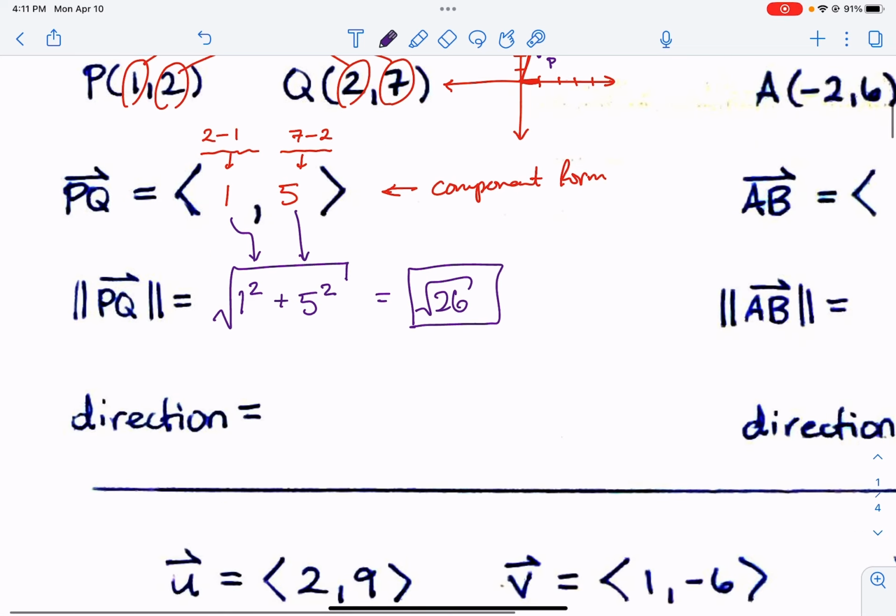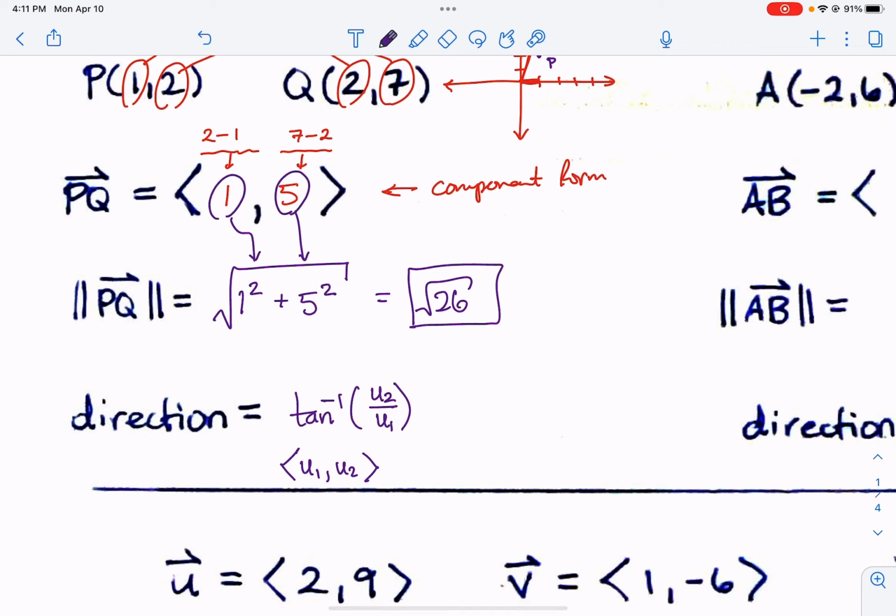And the direction formula, that is the inverse tangent formula, right? It is inverse tangent of u2 over u1. And if you don't remember, the u2 and the u1 come from your component form. So they are whatever numbers are there and there. In this case, we have 1 and 5. We would say that 1 is this u1, 5 is this u2. So for this specific vector, we would calculate the inverse tangent of 5 over 1,